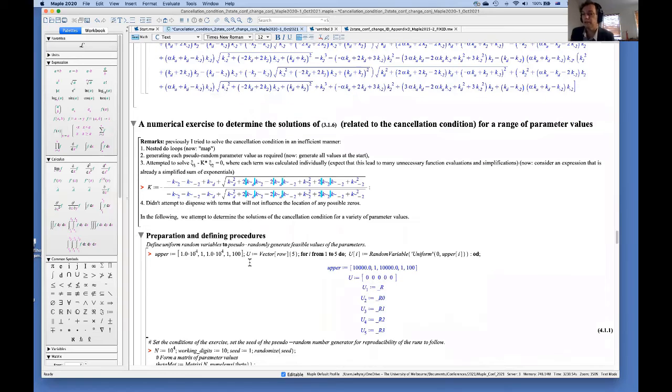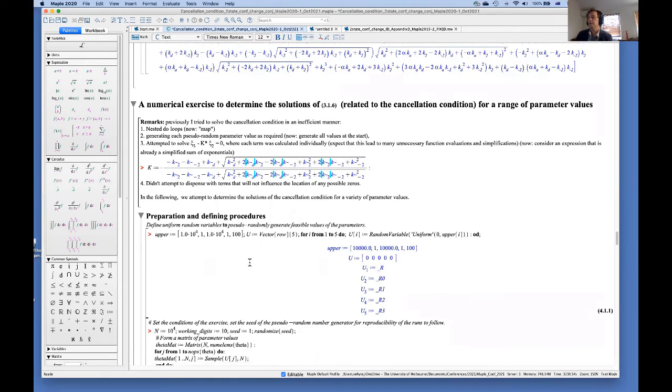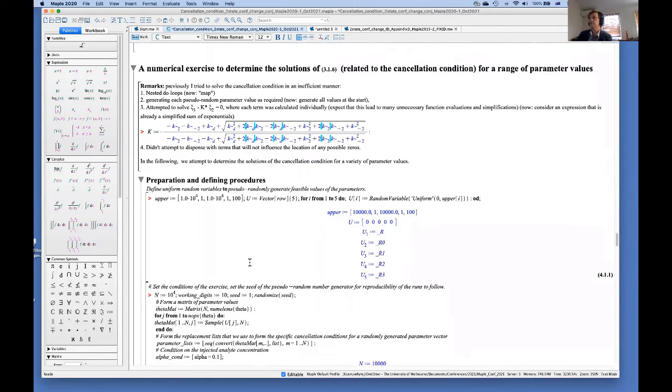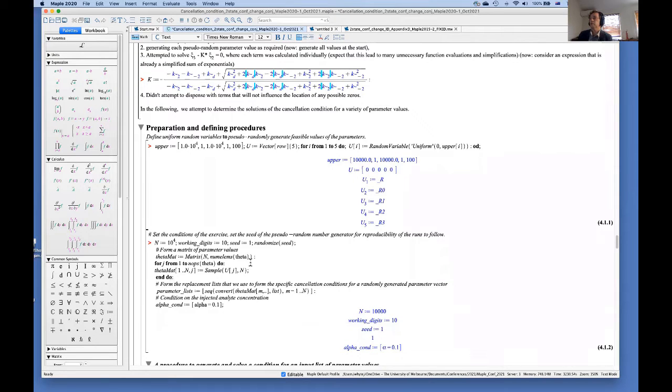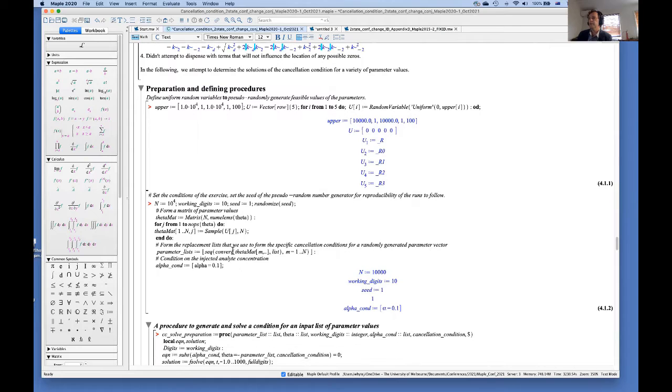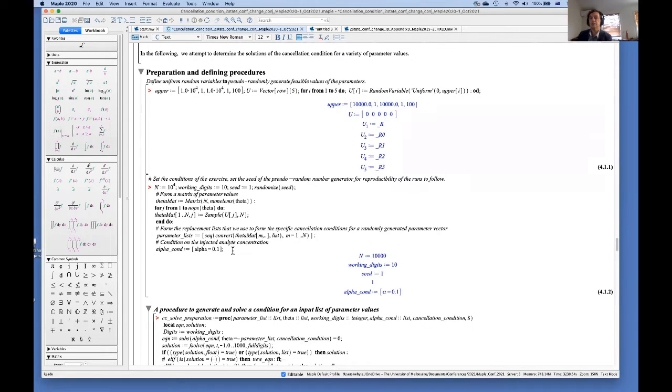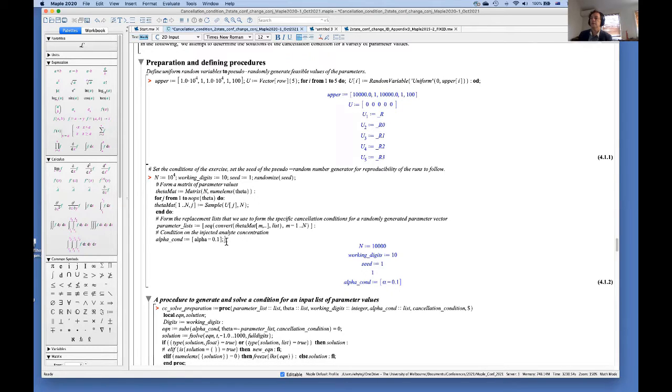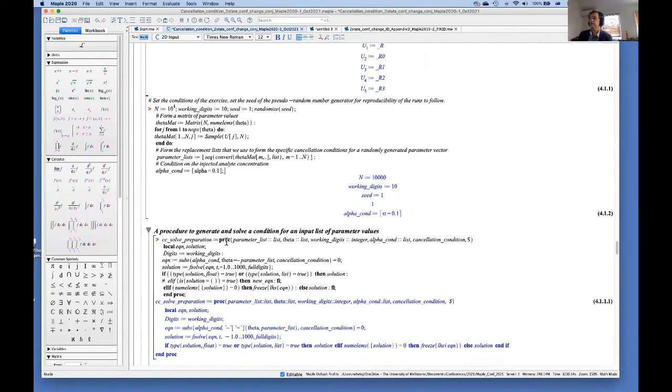So, the numerical exercise. There are probably very inefficient ways of doing this, like I did originally with nested loops and not trimming out the constants that are not going to change the zeros. So I've set up some random variables, and we will just generate for each of these random variables all of the values that we require, which is n. We set the random seed, and we can make a matrix out of these and then convert that into a list of lists where each element list has a value for each of our parameters in theta, and we're giving the concentration of the analyte value that we're going to use.